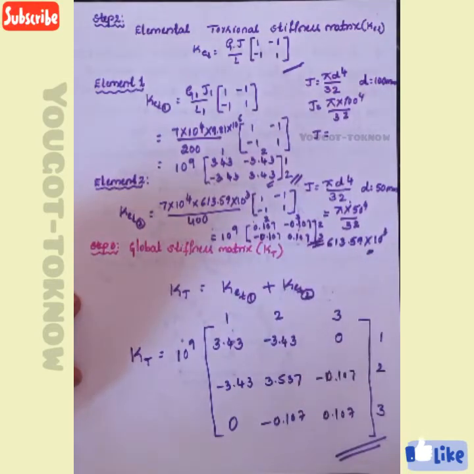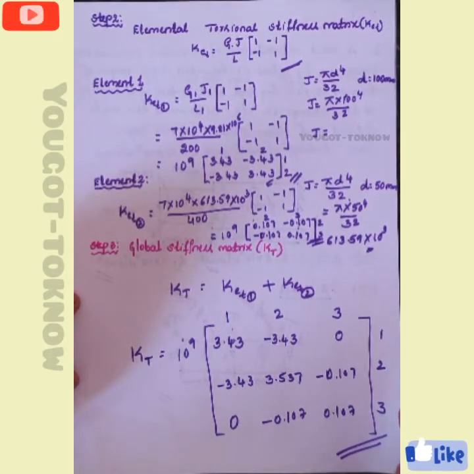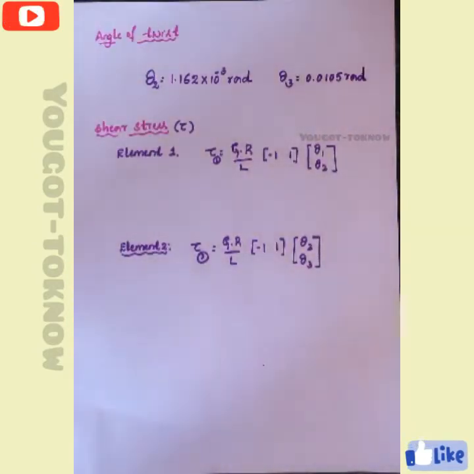Why? Because 3 cross 3 is the order of the matrix. The continuum consists of 3 nodes. At each node, a single angular twist, so that will be 3 cross 3. This is how you can formulate your global torsional stiffness matrix. Then after this global torsional stiffness matrix,